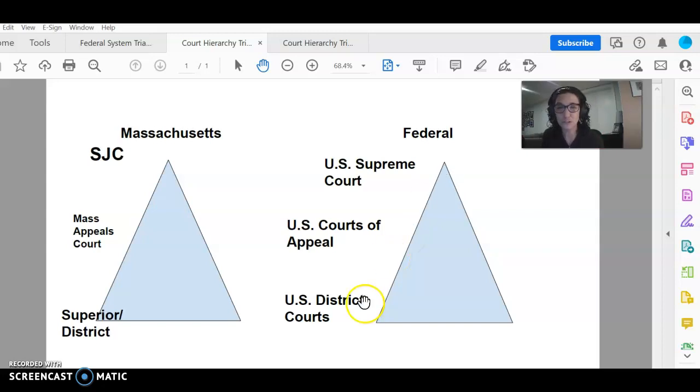New York has funny names. Believe it or not, their trial court is called the New York Supreme Court. Anybody who watches the original Law and Order probably knows this. And the appellate court in New York is called the New York Court of Appeals. New Hampshire, for example, and I believe Maine too, does not actually have a mid-level appellate court. You go straight from the trial court up to the Supreme Court of Maine. And that's just because it's a small population, not even as many cases.